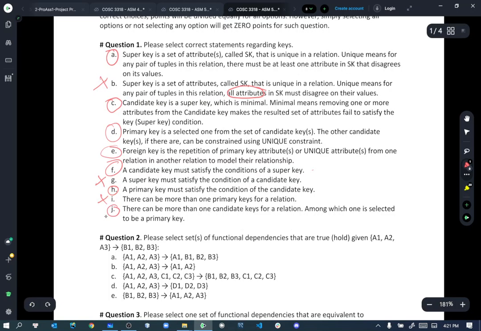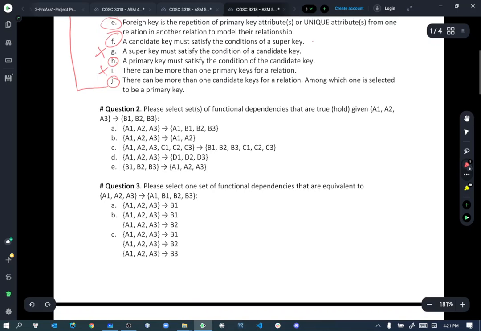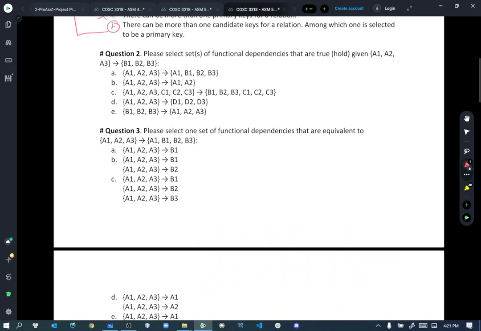This one is true. It is just a different way of writing this. Okay, it's just a different way of writing that, so that should be true. Okay, so the next questions will be,